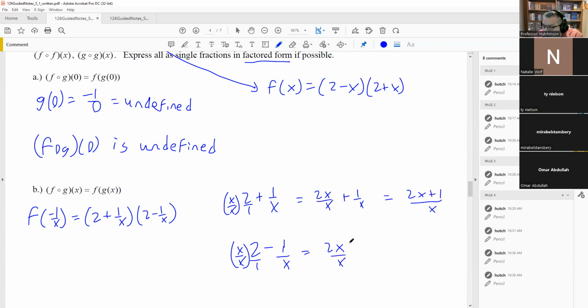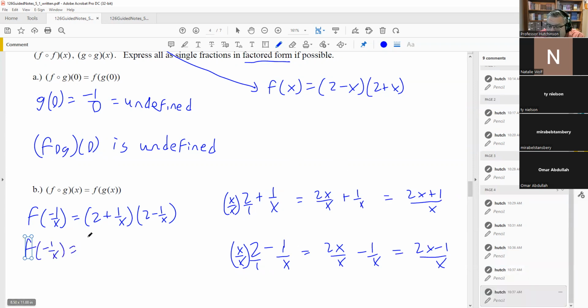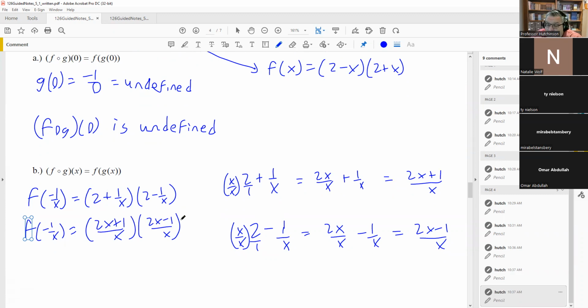I'm going to do the same thing down here. I get 2x over x minus 1 over x, and so that's 2x minus 1 over x like that. So both of these now have common denominators, which means that I can write both of these as 2x plus 1 over x, 2x minus 1 over x, just like that. And that would be acceptable to leave your answer because each of these is a single fraction and they are